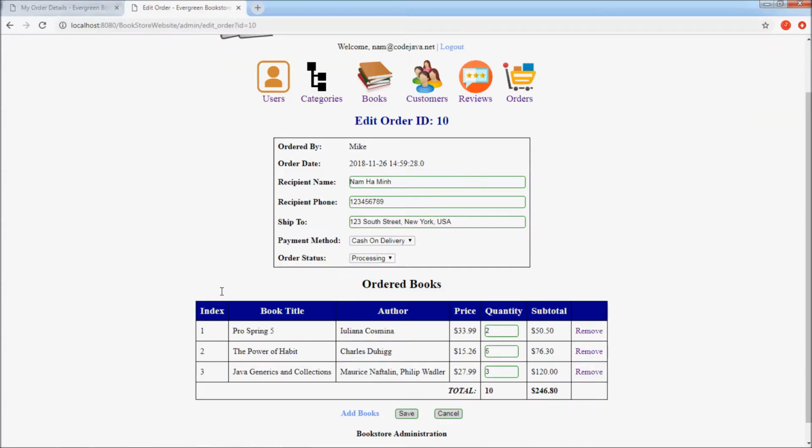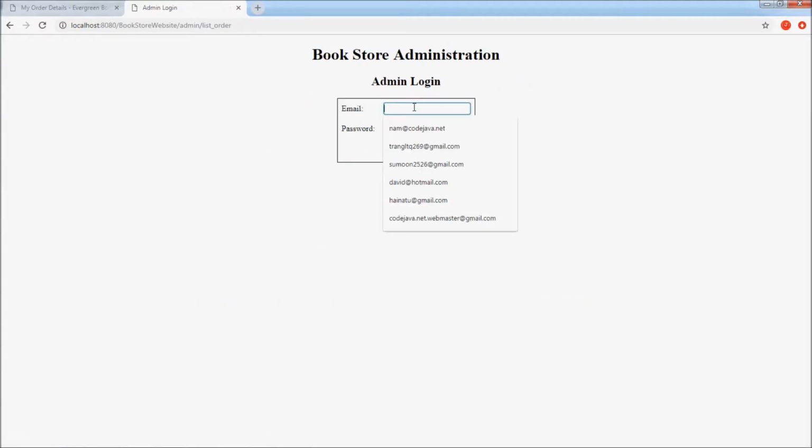Save the file and let's refresh orders. We need to log in again because the session